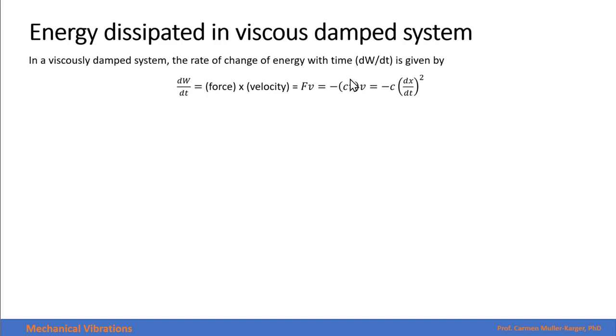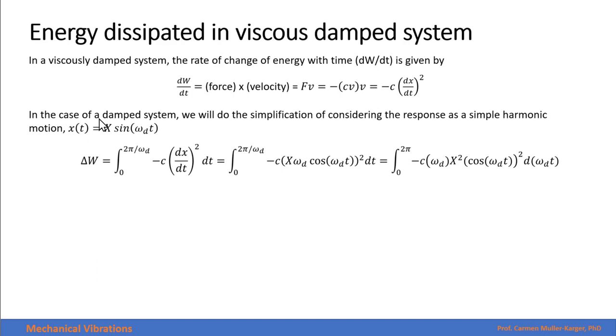Force will be the force of the damper, which is the damper constant times the velocity, times the velocity. But the velocity is the derivative of the displacement with respect to time, and this term is squared. In the case of the damped system, we know that the response is oscillatory. So let's do the simplification and